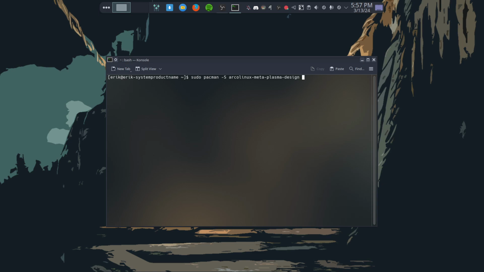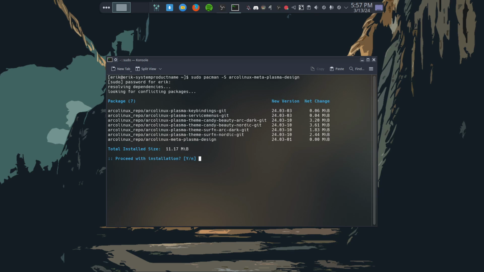So here we have now the new guy, Meta-Plasma-Design, which when I'm on another system, I can just type it and I get all the Plasma configuration that we've made until now. And that's much easier than going to type every single thing in there. So ArcoLinux Meta-Plasma-Design is now on the repo, update in your terminal, and you can exactly type the same thing as here I have, and now voila,